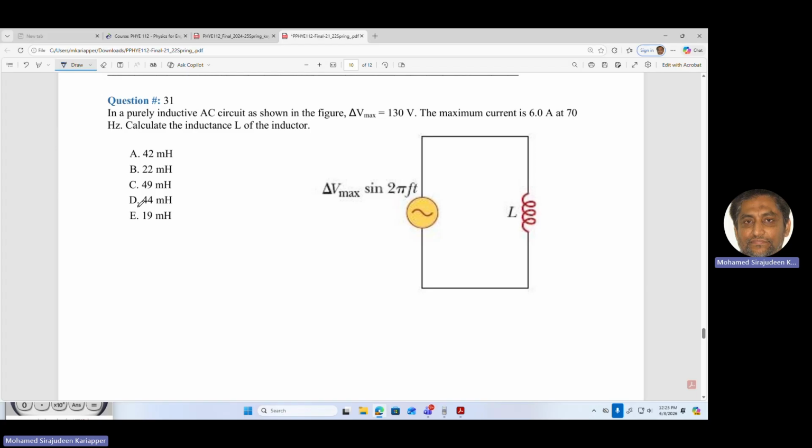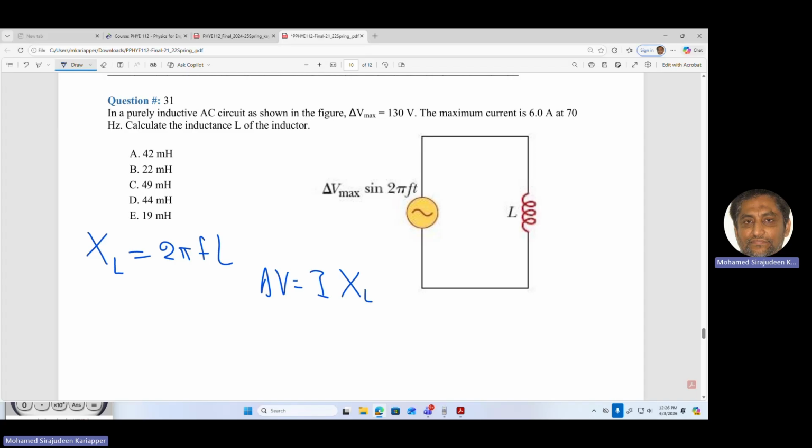Right. You know that the reactance of an inductor is given by this. That's in the formula sheet. So why do I go to the reactance? Because I want to apply Ohm's law. For Ohm's law, resistance is replaced by reactance for inductor and capacitor. What is Ohm's law? Delta V is equal to current multiplied by the, not R. R is for resistor. That's why I am writing that. Okay. Ohm's law is delta V is equal to I into